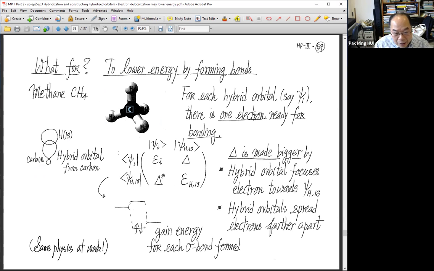So quantum mechanically, when the bond is strong, it will be pushing much lower, gaining more energy, and so on. Okay, and that is the quantum mechanics of bond forming. So it's the same physics at work, nothing fancy, only we need to involve 4 atomic states from 1 carbon, 1s and 3p. That's why it's called sp3 hybridization.